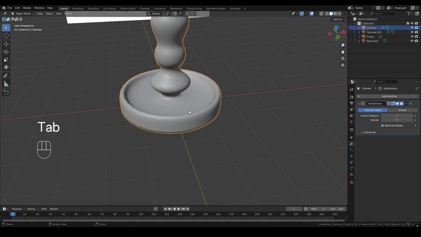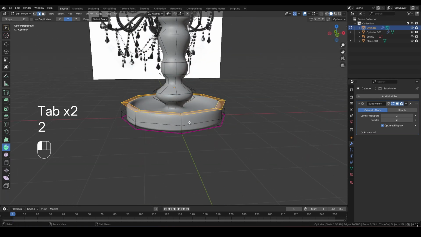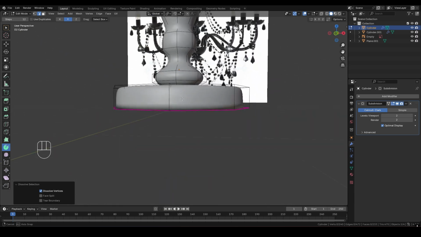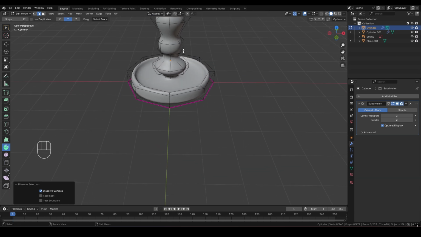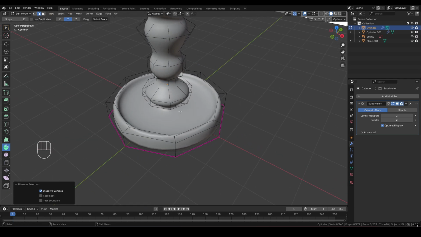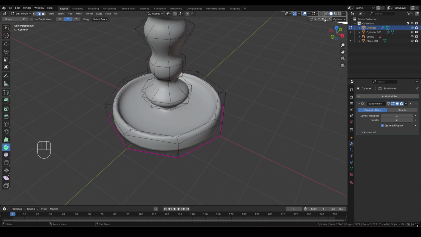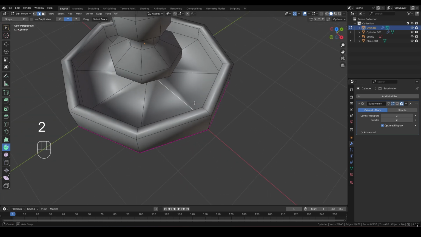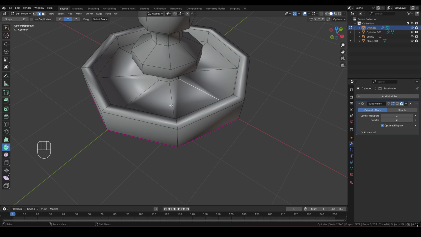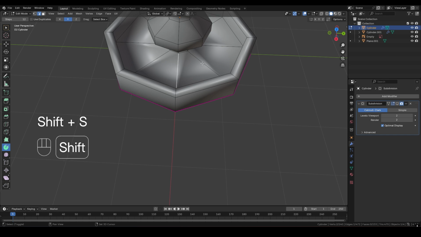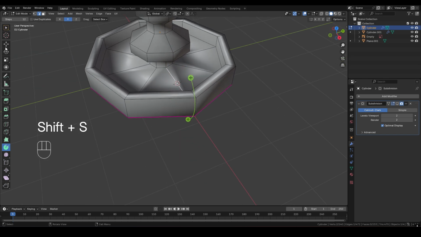Okay. Right, if I remove this edge loop, that's okay. We'll need that bottom piece. Okay, and now what we can do is, if I just turn this off for a second, I'm going to put the cursor here. I'm going to just turn the spin off, put back to box select,